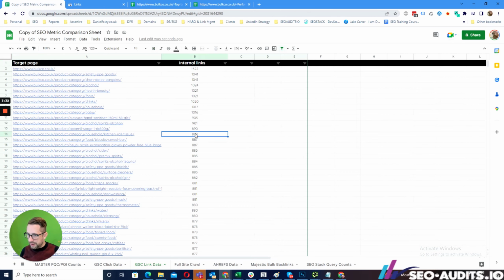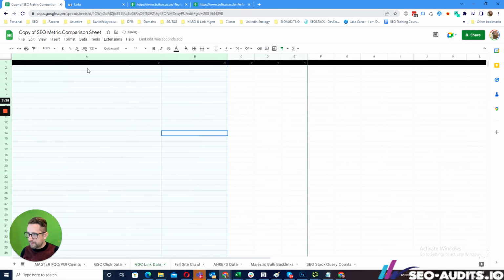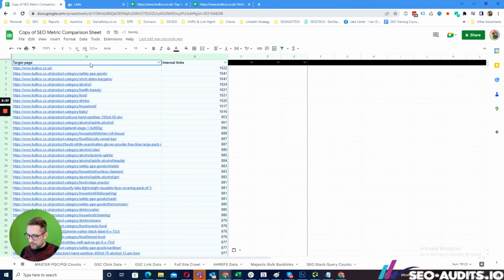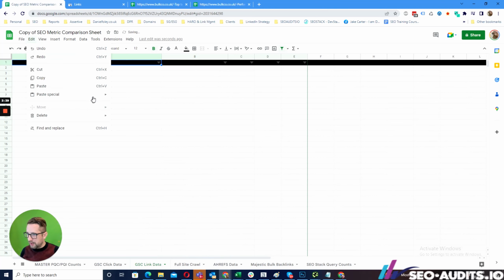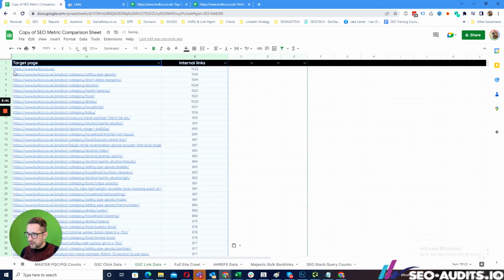We'll go into GSC link data and remove what's here. Whenever you do it, edit, paste special, paste values only. That way you preserve formatting. Okay, then what you're going to do